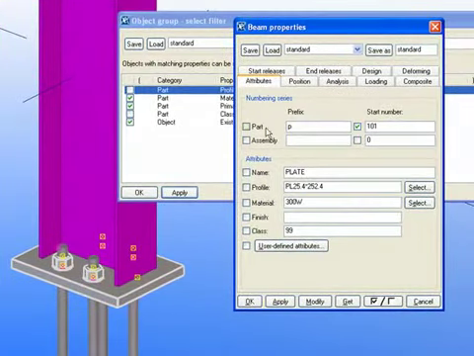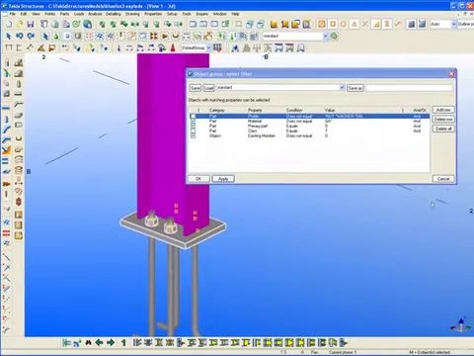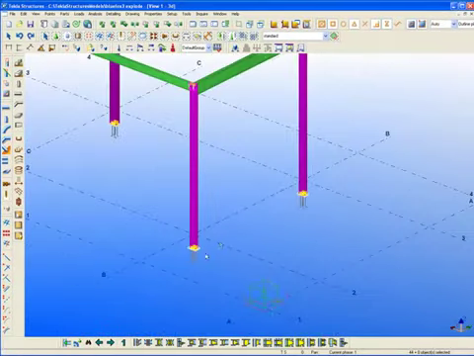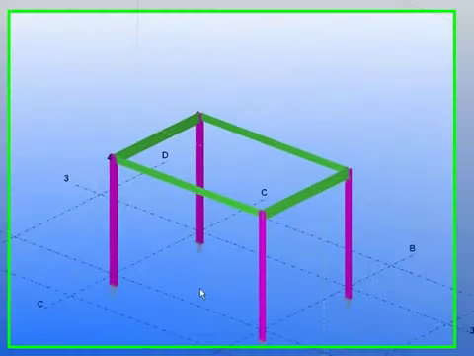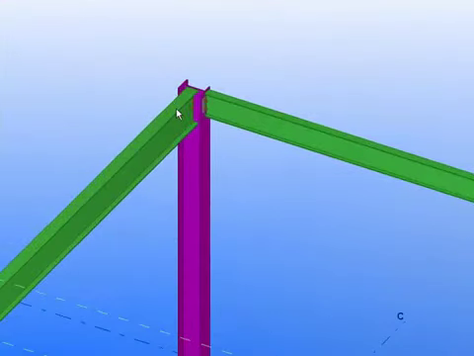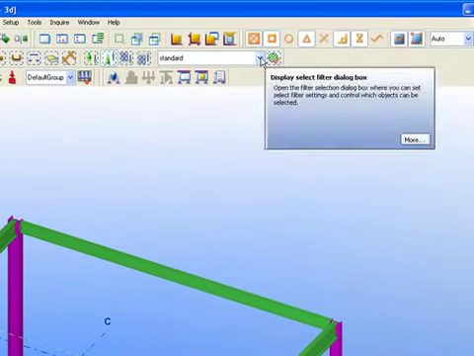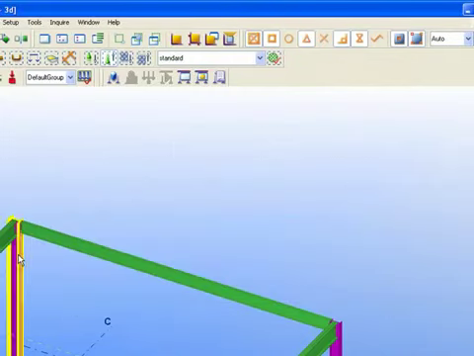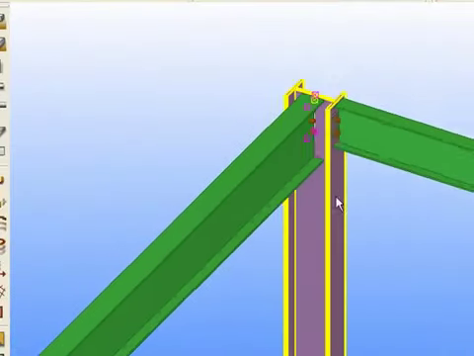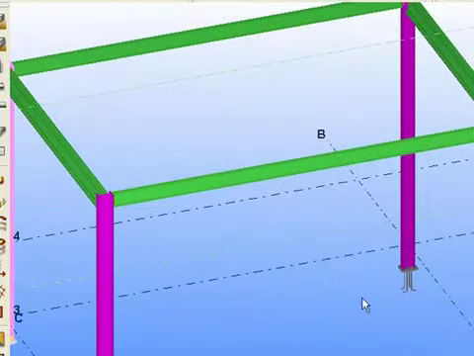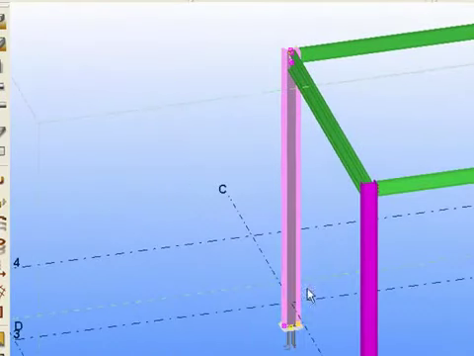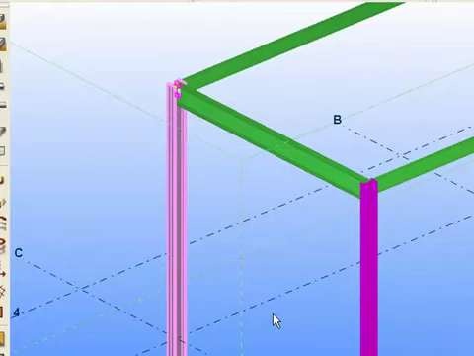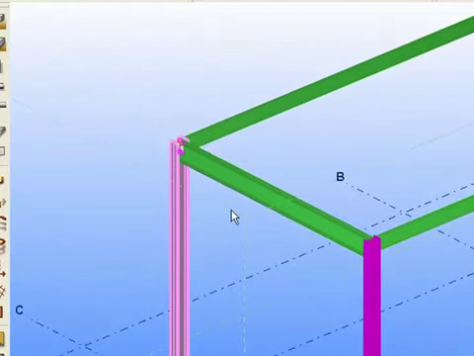Uncheck everything, check. You can give it any part number you like. For this, I just give it P. Okay. Now everything is numbered. Let's load the standard so we can select our model here. It looks like everything is numbered. Now, yep. Okay, let me pause the video and I will show you how to do